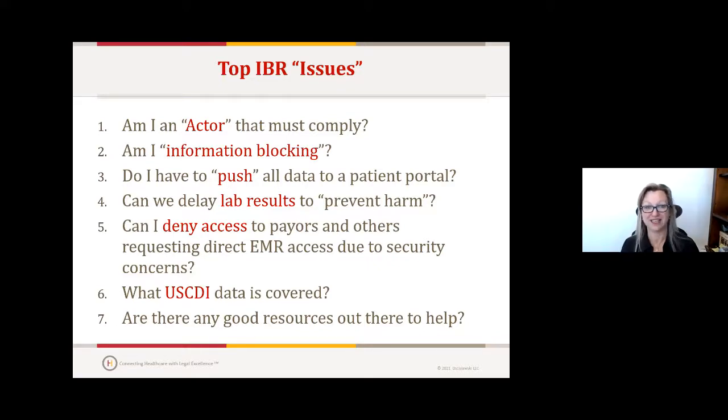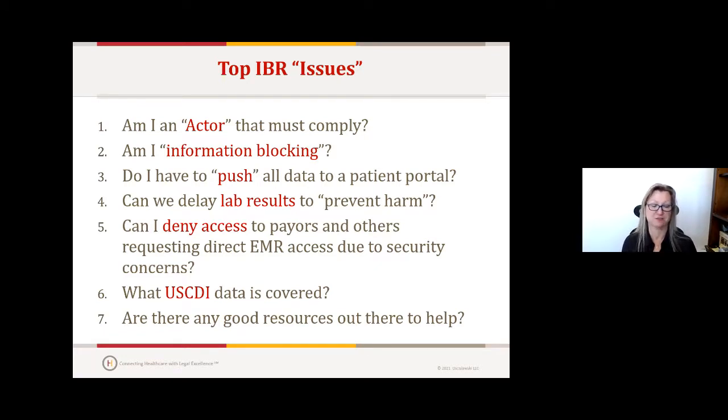In some cases it's frustrating, because organizations would like to benefit from certain electronic health data that government agencies have, whether it's the Department of Health, Department of Social Services, or whatever. They were looking forward to possibly using this rule as more leverage to gain access to the information, and it's just not the case. For other organizations, like collaboratives, whether or not you meet the definition of actor, I want to review some of those definitions and give you some examples of what I've come across, where organizations decided and determined, oh wait, we're not an actor, we don't have to comply, or oh my gosh, we do have to comply with this.